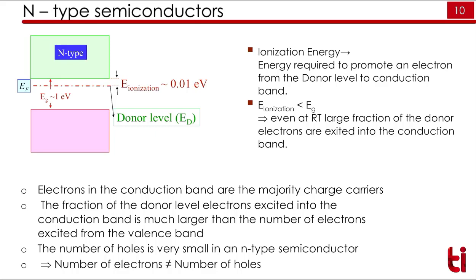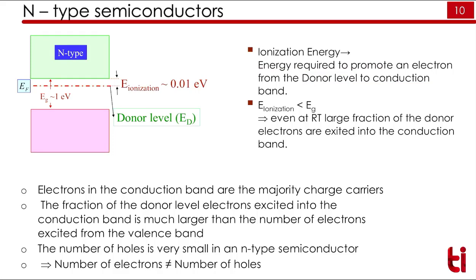So what is an n-type semiconductor? If we add a lot of electrons, they will be available for the conduction process. So here we add a foreign impurity that will make an energy level here. This we call the donor level, because this will donate electrons to the conduction band and your conduction process takes place. For this donor level, the ionization energy is only 0.01 eV, very small as compared to the band gap of your material. So this ionization energy is the energy required to promote an electron from the donor level to the conduction band.